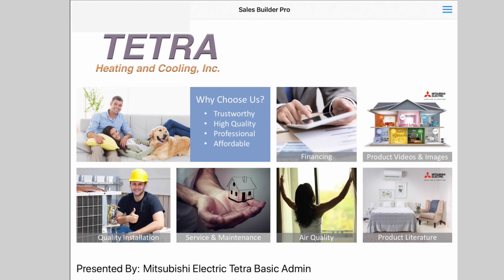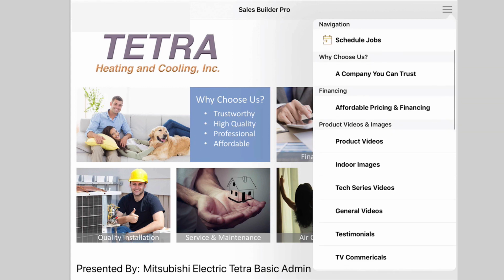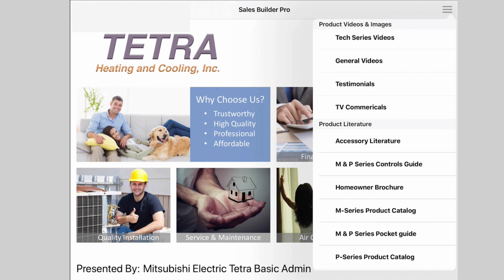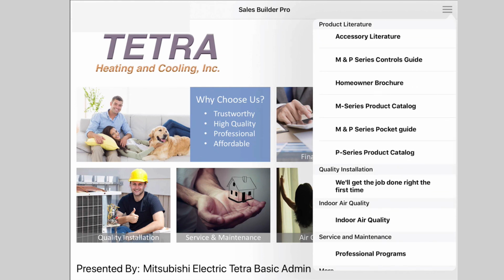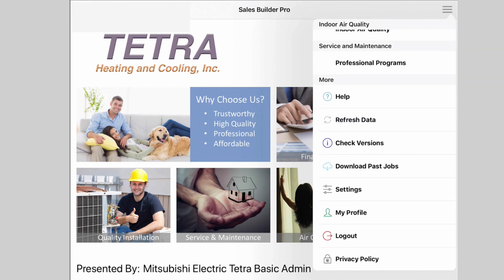The navigation menu is basically divided into 3 sections. The top section contains the most frequently used actions in the app. This middle section contains shortcuts to all of the literature, videos, pictures you have stored in your sales presentation. And the third section, the More section, is where you set all your personal defaults for the Sales Builder Pro